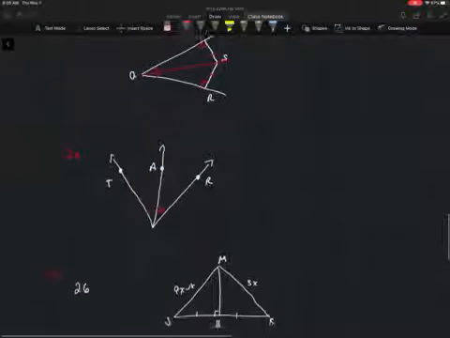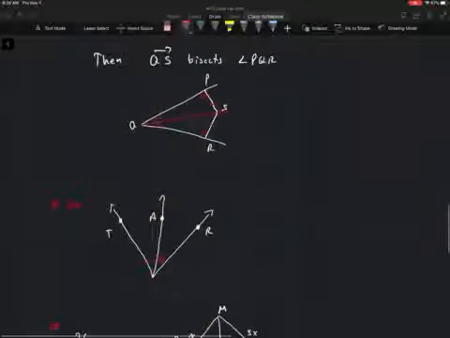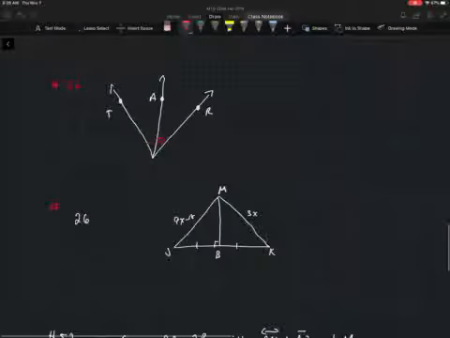Okay, so those are the three theorems in this section that we're going to be looking at. Now, number 22, they're asking us to do the following. It says, determine whether A must be on the bisector of angle TXR. Let me put the X right there for you guys. And so when we look at this, one of the first things that we can see is that we cannot determine whether or not